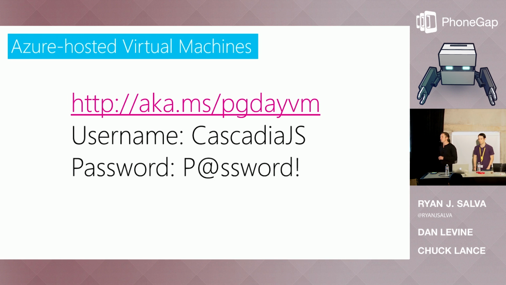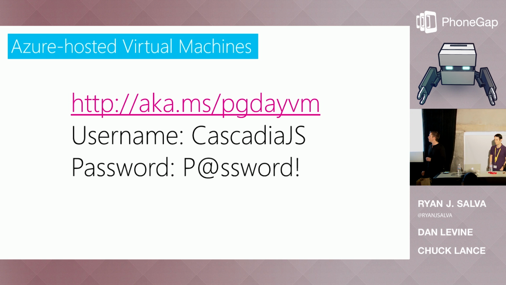So here, if you've not already gone and grabbed it, we do have VMs available for everyone. You can just go to aka.ms/pgday-vm, and we have a grand total, I believe, of about 70 different VMs available. Those are good for the next week. If you've got any needs over and above that, there are Azure hosted VMs that you can get really easily. Just search for Cordova Azure hosted VM, and you'll find a blog post on it telling you how to get them. But for today, these are primed and ready to go for you.